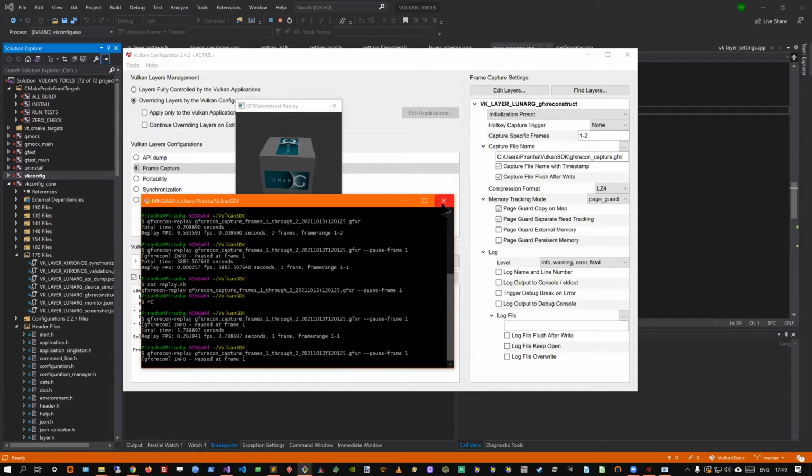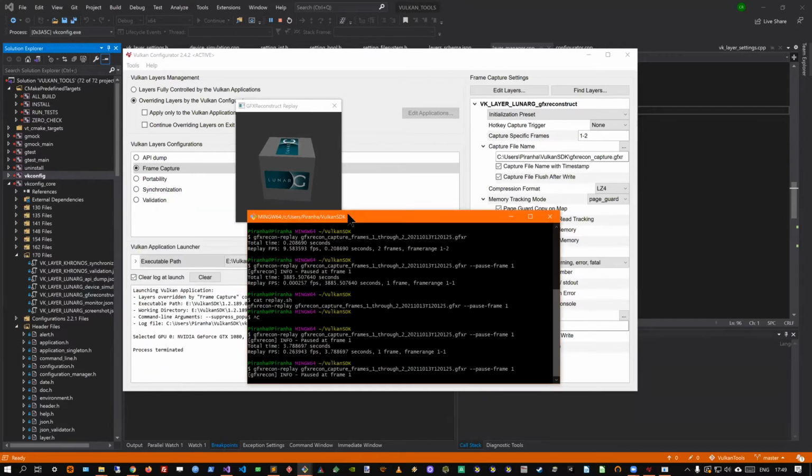But this is still a work in progress. And actually, I'm quite interested if you are making layers or something, how important is this feature so that we can prioritize.